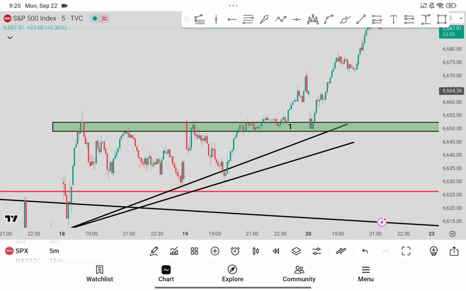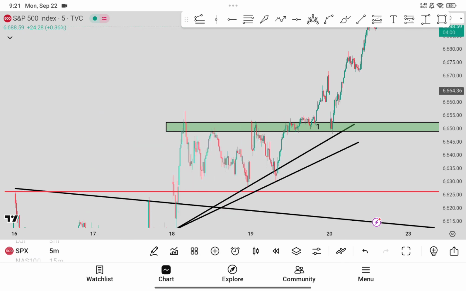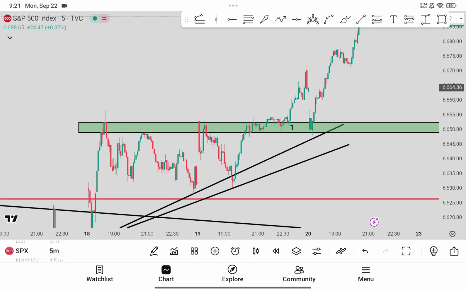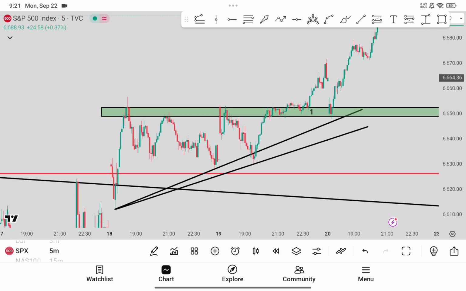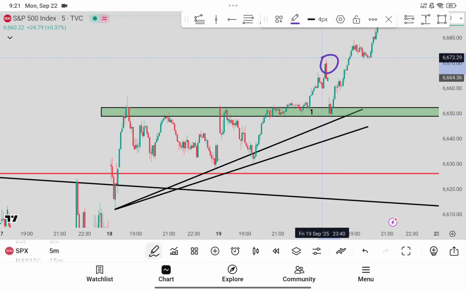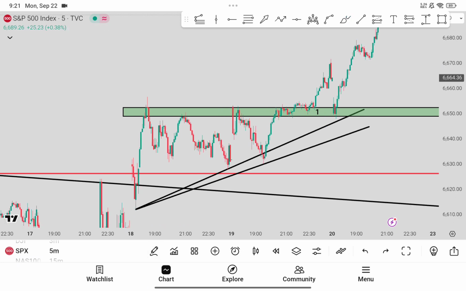Well, this is the second trade of the fifth day of the 100 days of trading challenge, and the second trade I have taken in the S&P 500. So let me explain the trade. Overall, the market is very bullish, and this is the all-time high, which is the close of Friday last week. So what happened? Let me explain.